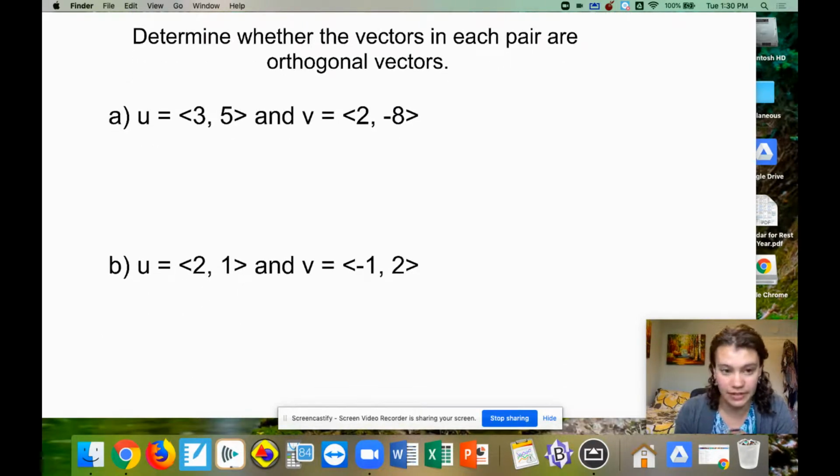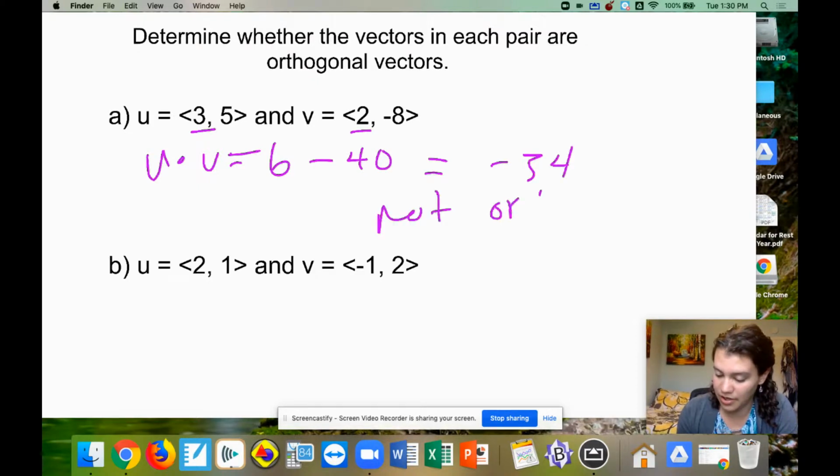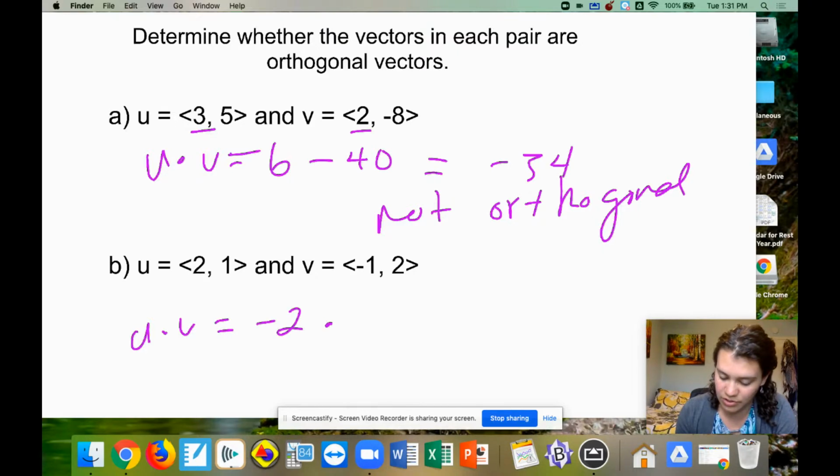So to check that here, just find the dot products. So u dot v, you have 6, and -40, you get -34. This would be not orthogonal or not perpendicular. We do the same thing for the next one, 2 times -1 is -2, plus 1 times 2 is 2, we get 0, so this would be yes,